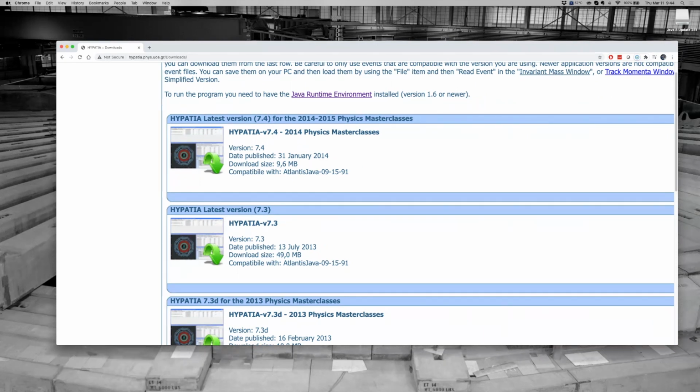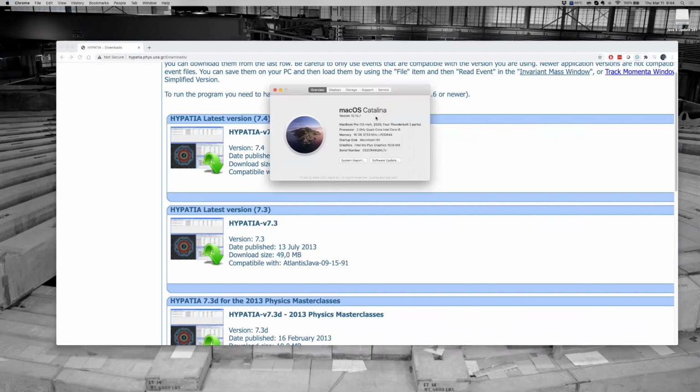But the way you can check that is to go to the upper left-hand corner where you can see your Apple icon, click that, and then click About this Mac. And that'll open up this little window, and it'll say your operating system name. So for me, it's Catalina, and underneath the version. So the version of this operating system is 10.15.7, and 10.15 is obviously higher than 10.6, which means we'll need